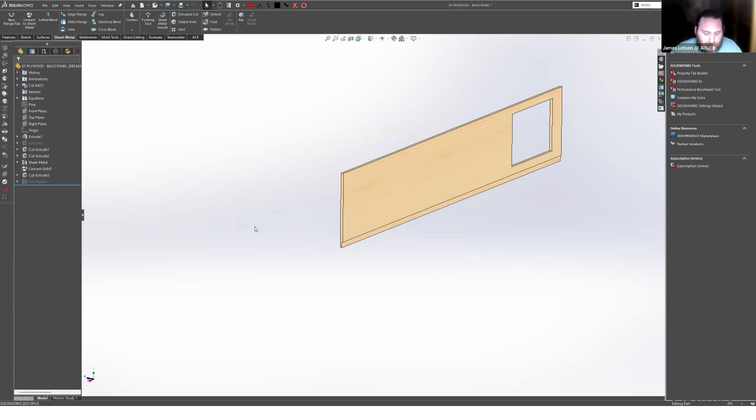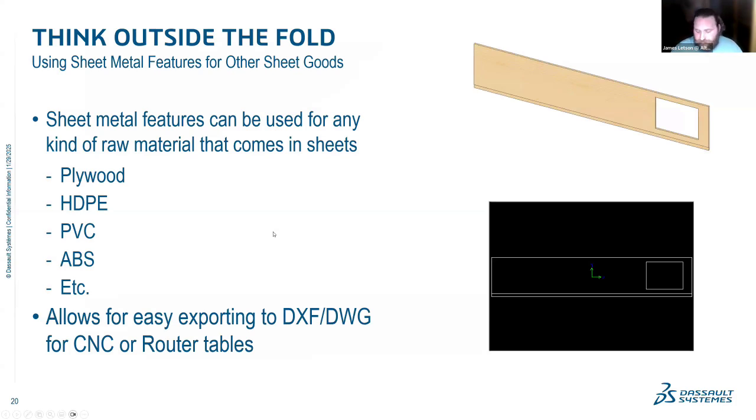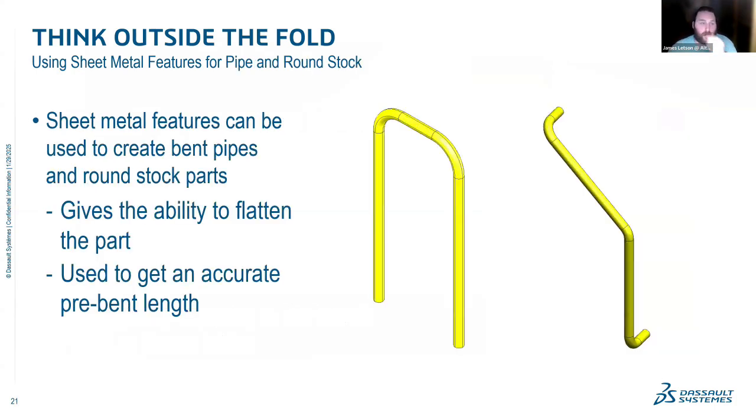So the last thing I want to talk about in my think outside the fold section here is there are also some unique cases where sheet metal features can be used in things that aren't actual flat sheet material. For instance, any kind of pipe or rod that gets bent, you can use sheet metal features, and really the big benefit of using sheet metal features for this particular thing is it allows you to